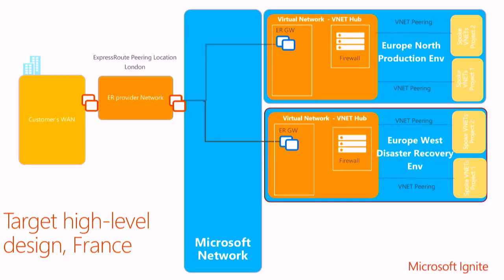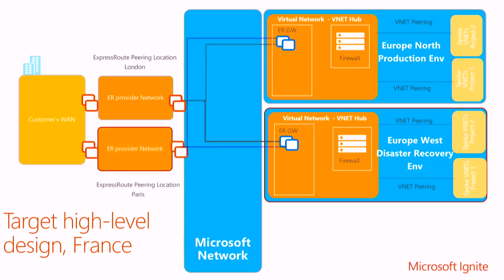And then to connect that, we partnered with another ExpressRoute provider and connected them all the way from another location where they have another data center, through a different peering location, this time through Paris, and connected that to Europe West. So if you look at it from the right side, you'll see we've got redundancy in terms of